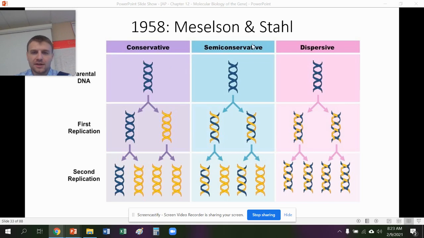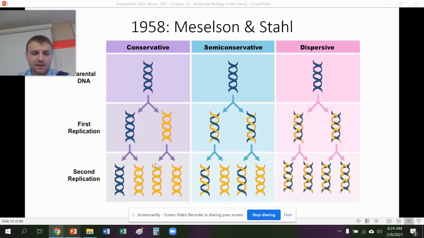We had the conservative model, we had the semi-conservative model, and we had the dispersive model. And you can see each of these and how they are different. In the conservative, both strands are a template for the new DNA. In the semi-conservative, each strand will be a template. You can see the old is blue and the new is yellow. And you can see the dispersive, where you have parts that are new and old in both of the DNA